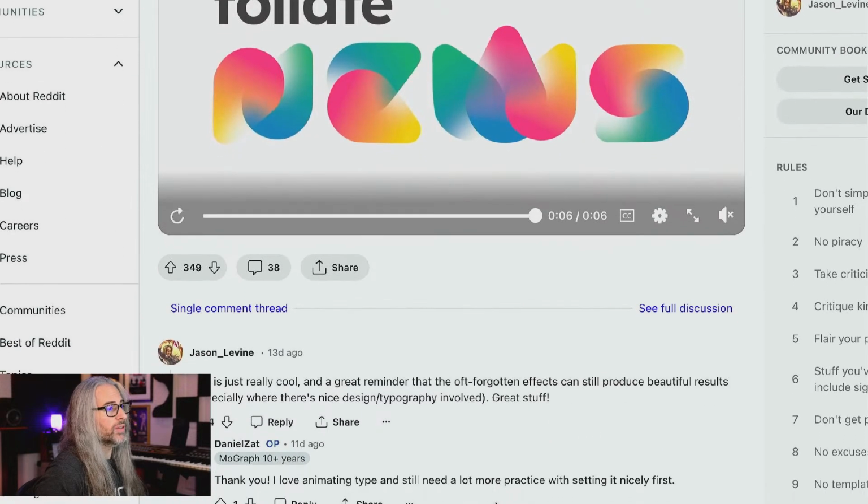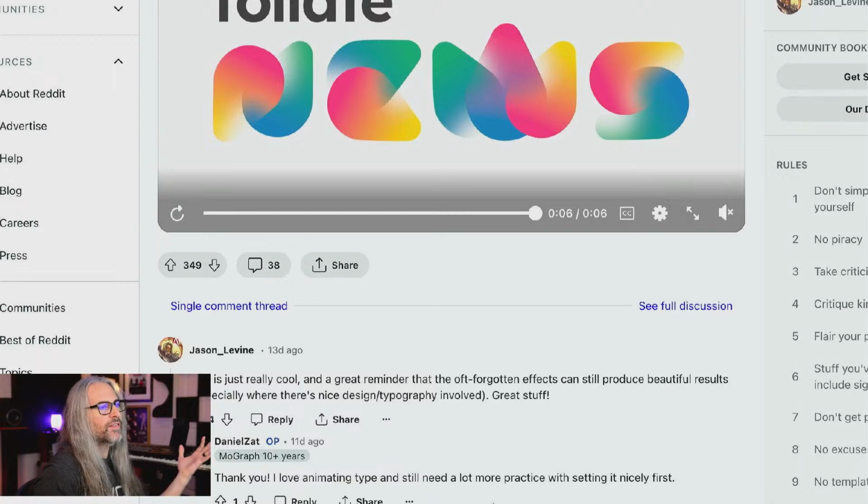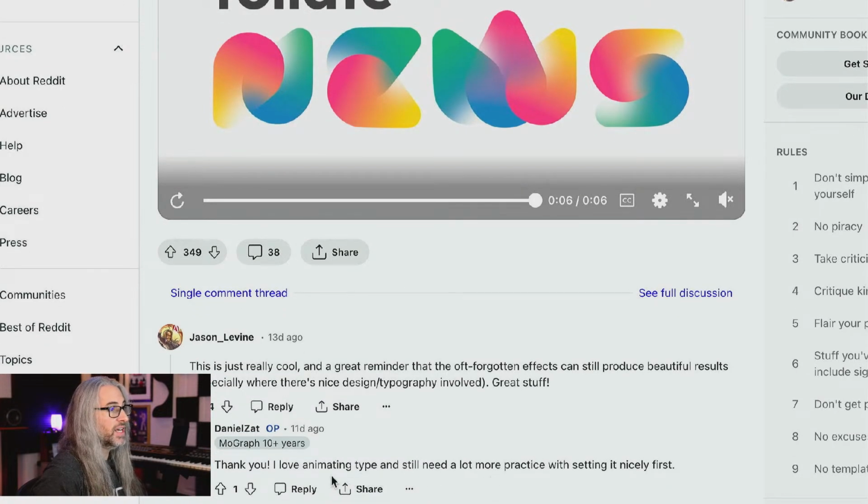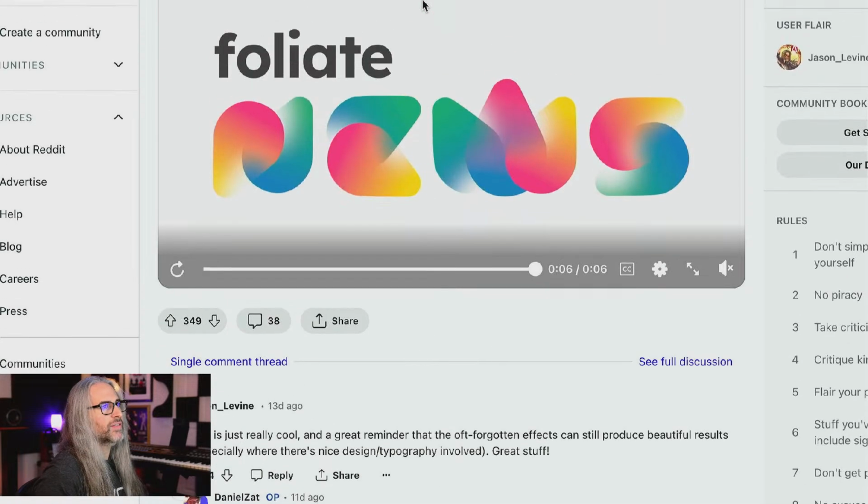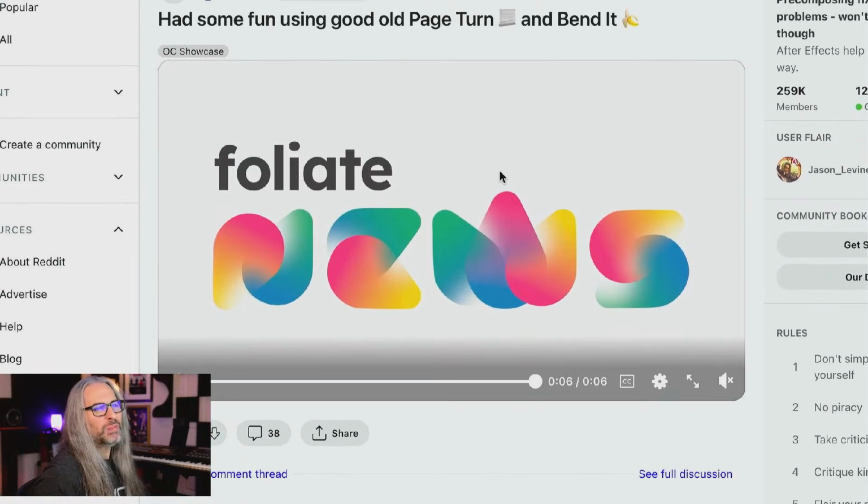So I actually just wrote the dude, and I was like, hey, this is really cool. A great reminder that the oft-forgotten effects can still produce beautiful results, especially where there's nice design typography involved. And he wrote back, and he was like, I love animating type and still need a lot more practice with setting it nicely first. I mean, I love the spirit of that in and of itself, because it's like, oh, no, this was just me playing around, having fun,